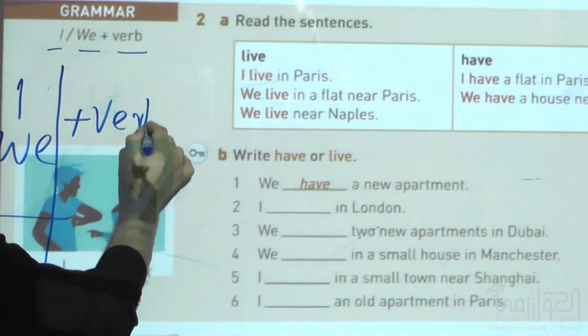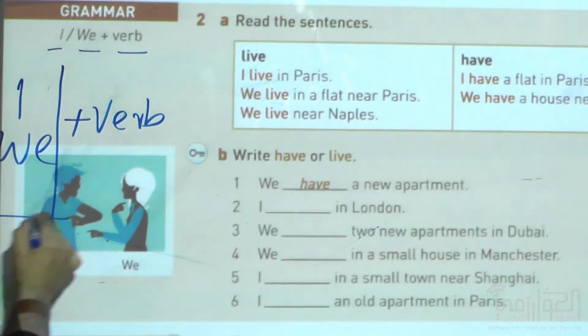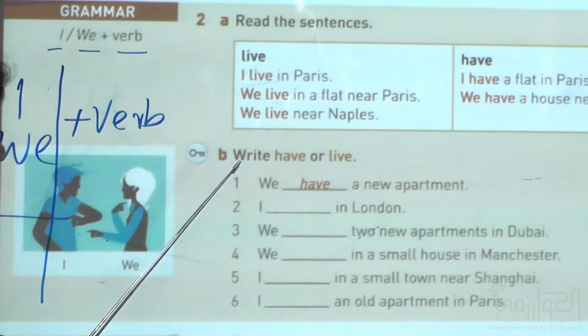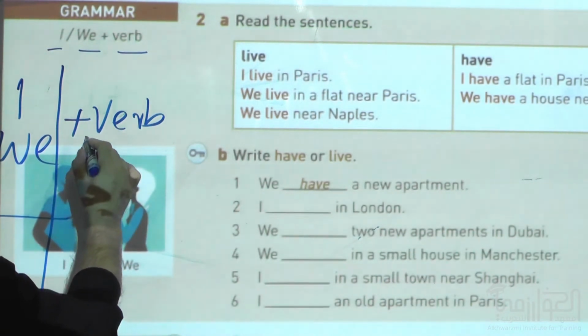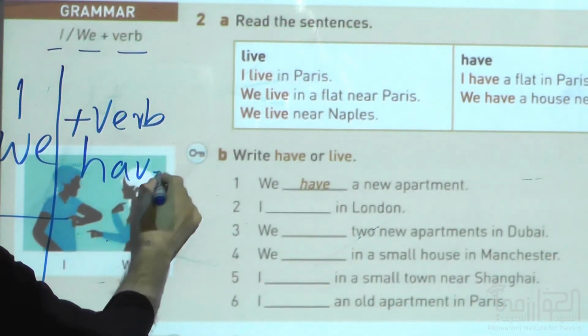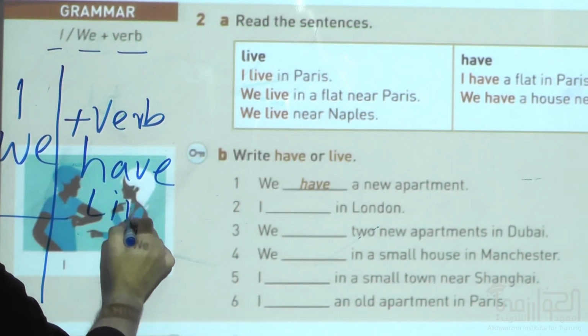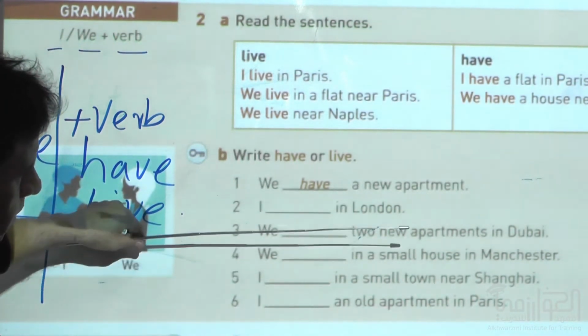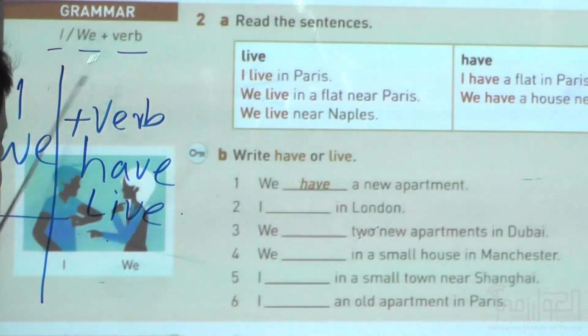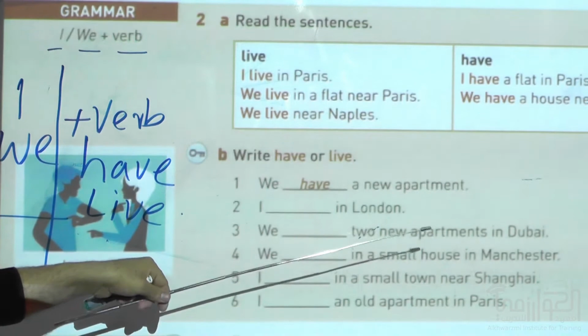So, here as you can see, have or live, both of them are verbs, have and live. So we will put I and we with these verbs as per the quantity of these subjects and the objects. So subject has to agree with the object.